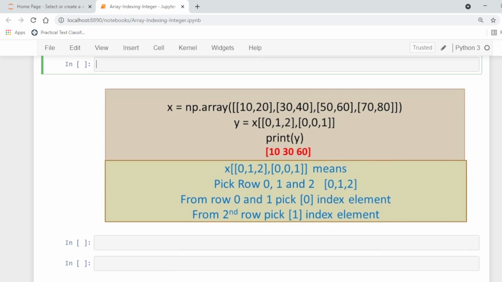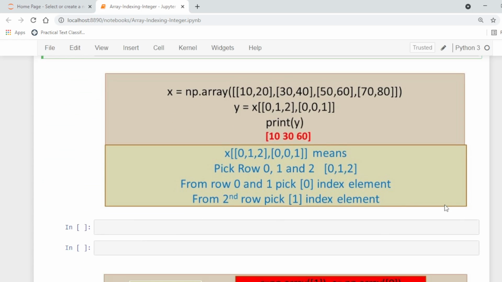Here is another example. We have a two-dimensional array with 4 rows and 2 columns, and here we have mentioned the indices for this array: 0, 1, 2 and 0, 0, 1. It means that we are going to select rows 0, 1 and 2 and columns 0, 0 and then 1.